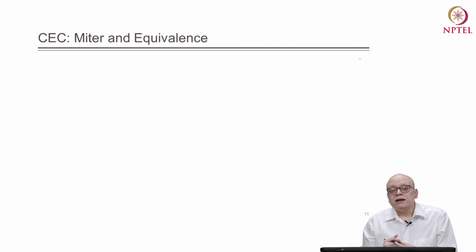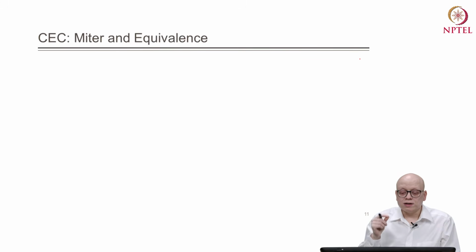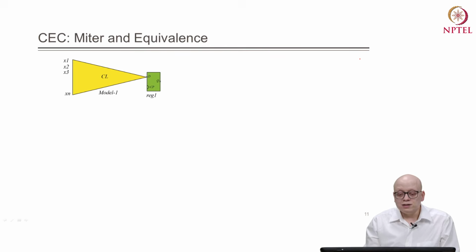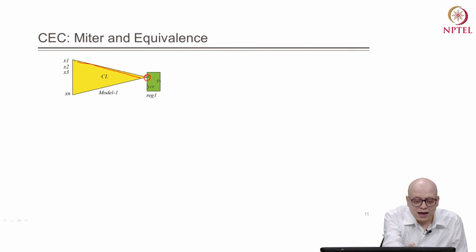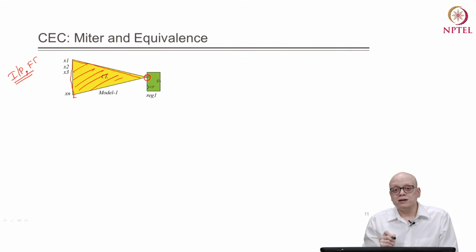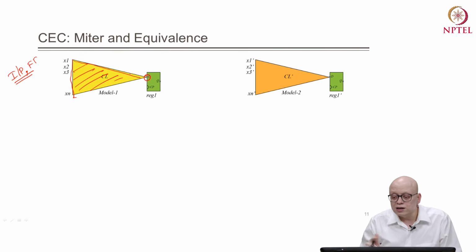Now, given a comparison point, what will the tool do? It will traverse in the fan in, and stop whenever it reaches either the input port or another flip flop. So, it means that the fan in cone of the D pin will have only combinational circuit elements. Similarly, for the other model,